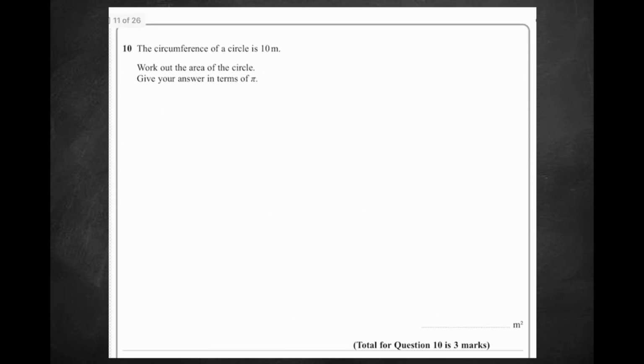Question number 10. The circumference of a circle is 10 meters. Work out the area of the circle. Give your answer in terms of pi. So we know circumference is 10. And we also know that the equation for the circumference is just pi multiplied by d, the diameter. So if we rewrite this as diameter equals 10 divided by pi,